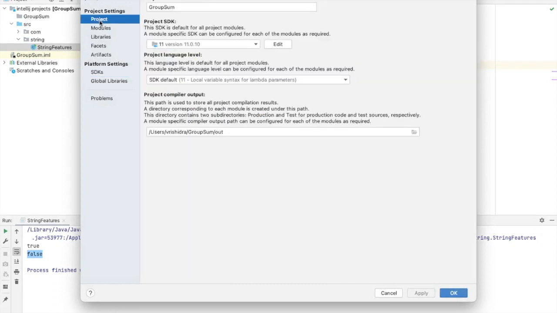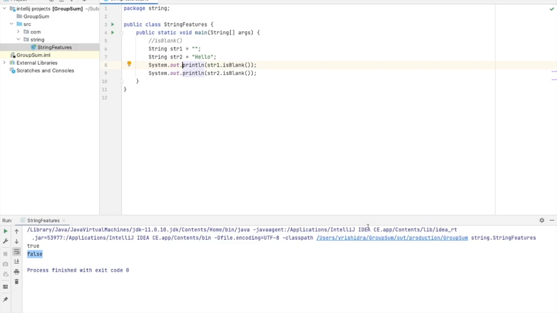Next go to your project, change the version to 11 and click OK or apply. Those who want a detailed explanation of the installation process, please comment in the comment box.